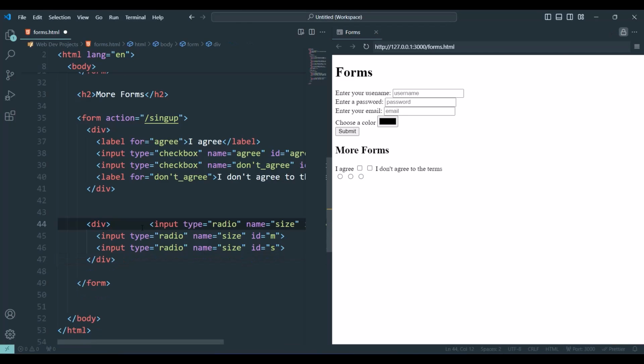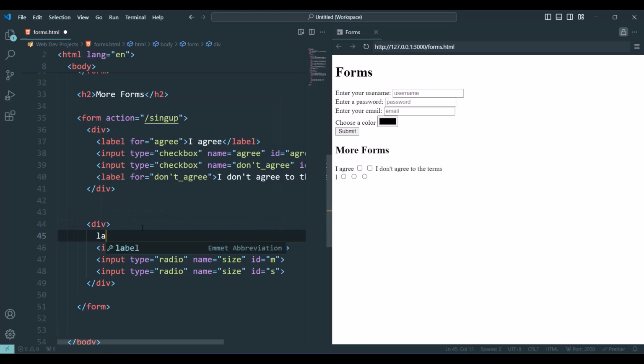And let's give them some labels. I'm going to type label for XS. I'm going to say XS.